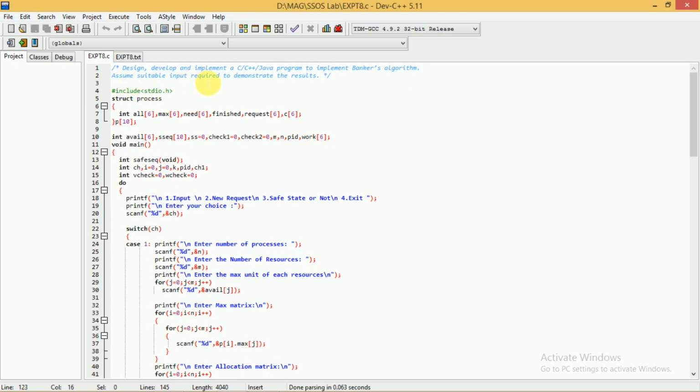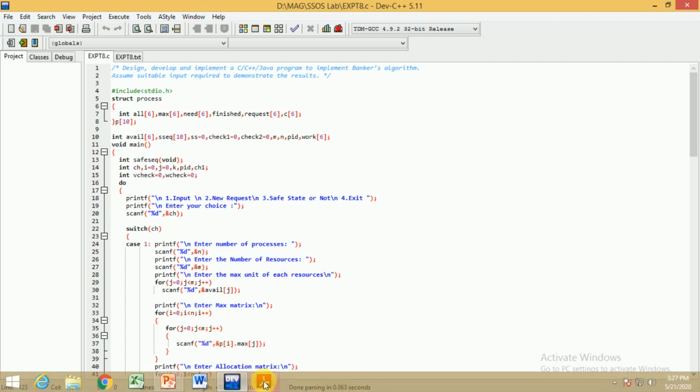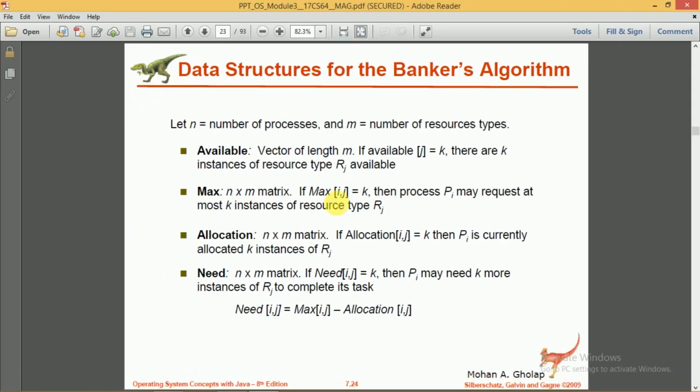Assume suitable input required to demonstrate the results. Before we start discussing this Banker's algorithm, just for reference, I have with me the slides which I have used for discussing the Banker's algorithm. The slides are here with me.